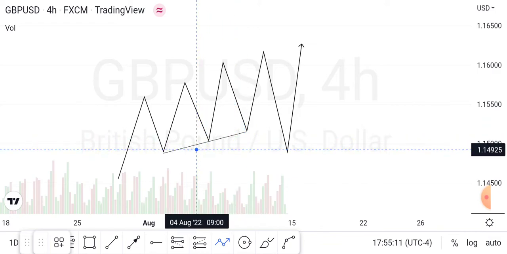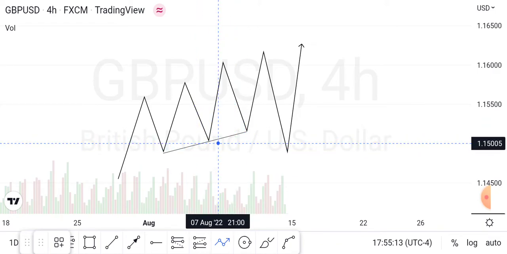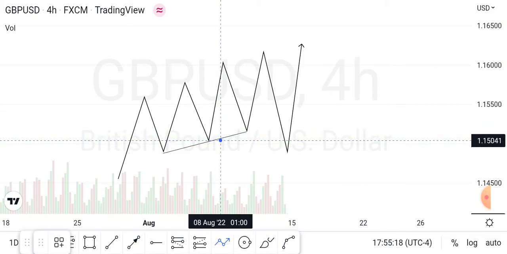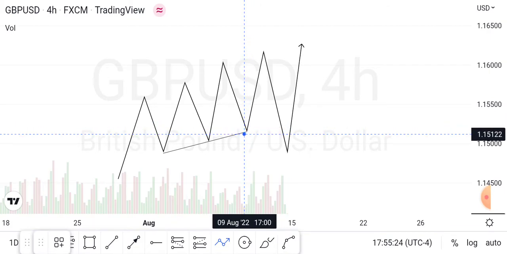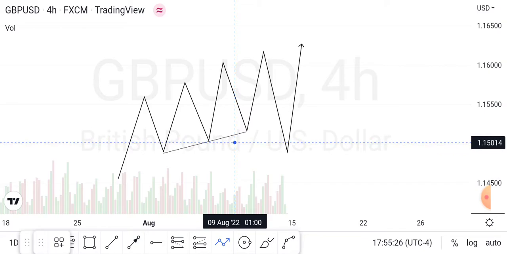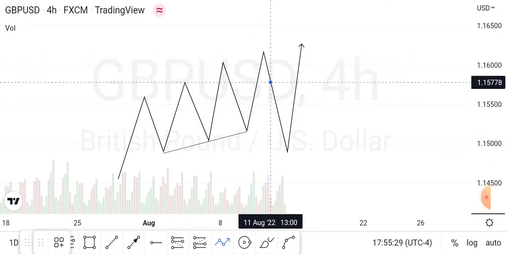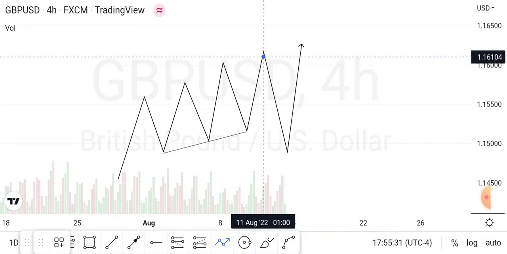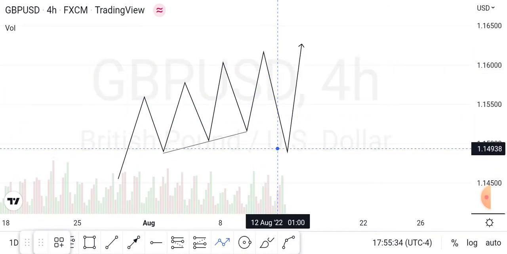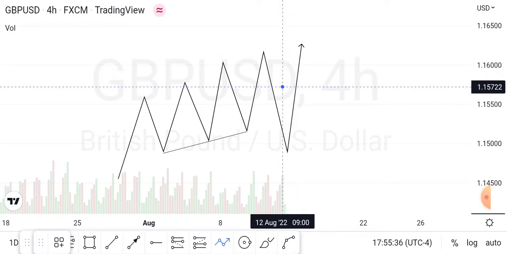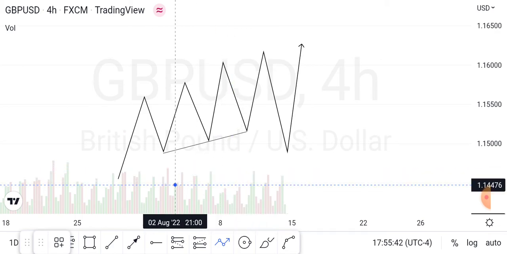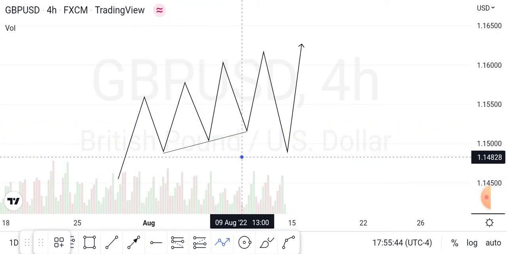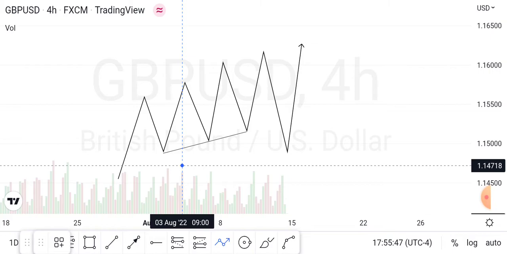Because if you studied retail trading first, you already know what this means. After the retest of this trend line at this point, where will your stop loss be? Probably somewhere here. And now we see how price took all of those stop losses. We see price grab all of this liquidity. So now, after taking out all these retail traders, who are they after next? They're after us, smart money concept traders.